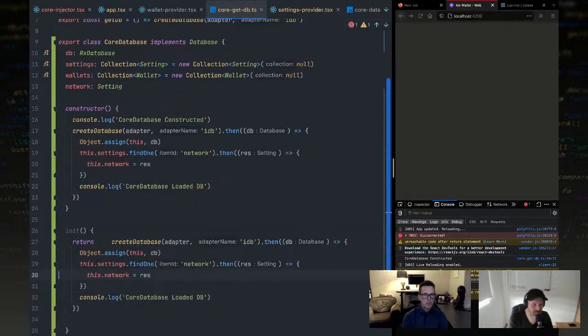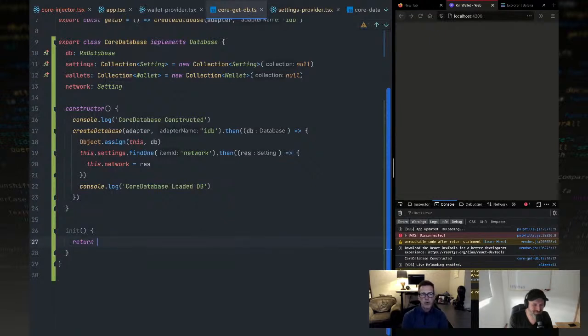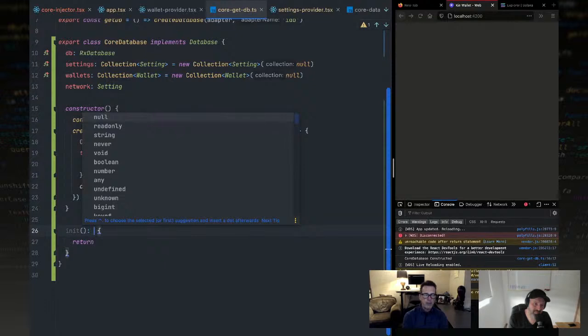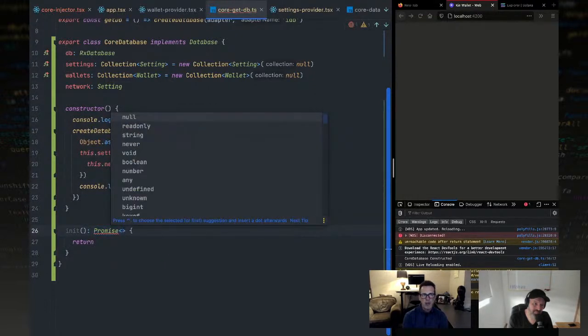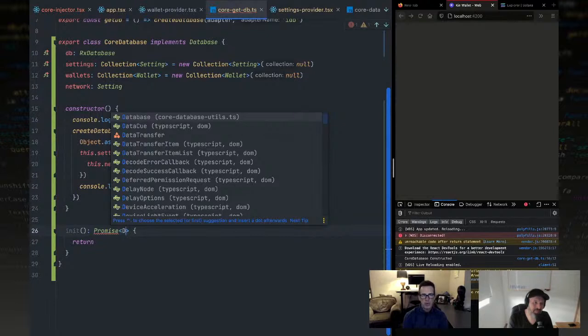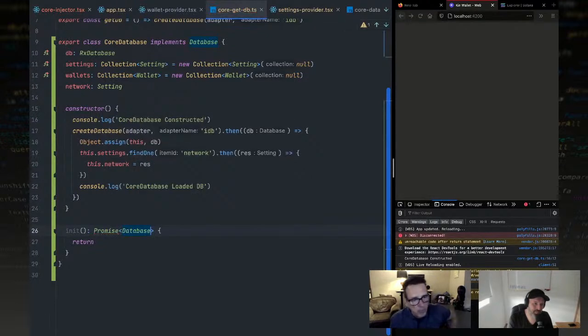At least if this is... Well, so that's the thing you don't want it to do, right? Because if you return a promise here of the database, then people have now access to a reference from init, but they also have access to it from line 10. Because we also have this RX database, which can be confusing. So what I would do is you could return a promise of is loading, true or is ready, true or